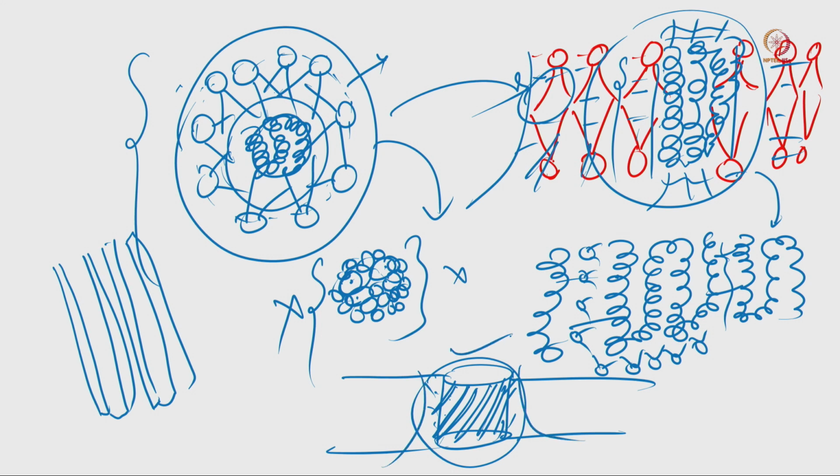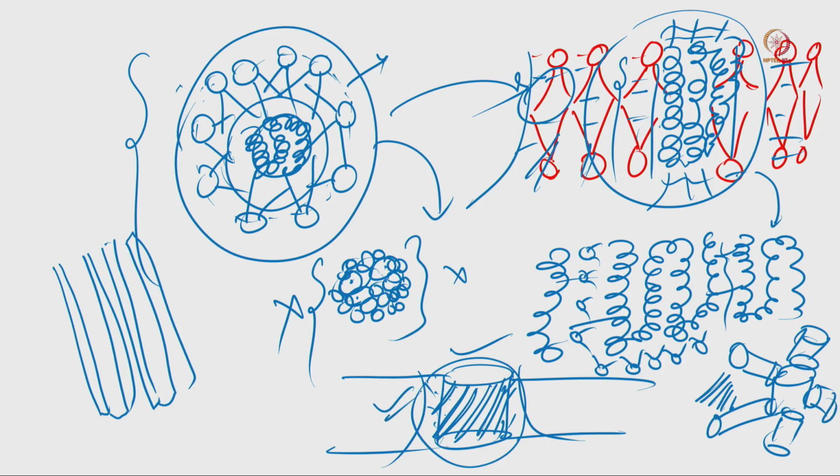Now, suddenly if you remove all of those detergent, all lipid, what will happen? All this barrel will have hydrophobic residues, and this barrel will try to come closer to each other. So, there will be one barrel here, and somehow another barrel will be attached here, another barrel will be attached here, and there will be some kind of aggregation of this barrel-like protein. So, they cannot survive without detergent or lipid membrane.